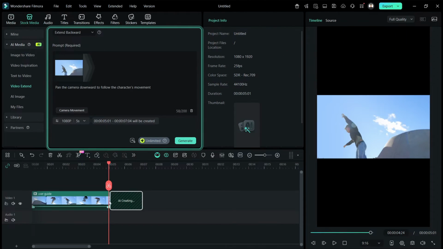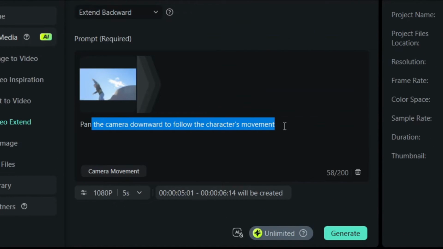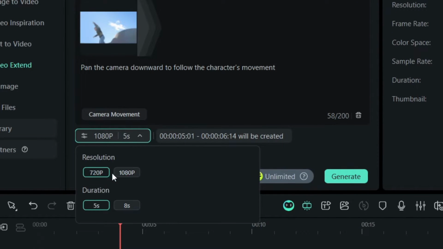After that, you can tweak some settings here, like what type of extend you'll be doing, and the most important here is the prompt, which will dictate AI what to generate. I'll be using this prompt where there's a guide for the camera following the man downward to see his other movements. After this, you may choose the resolution of the extension and its duration, which has only 5 seconds or